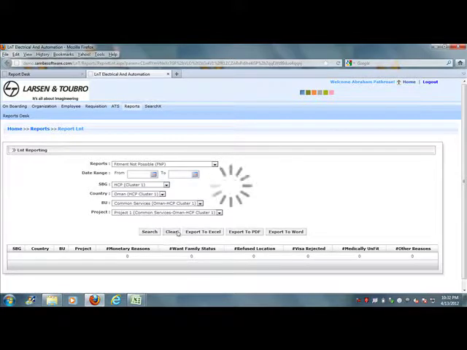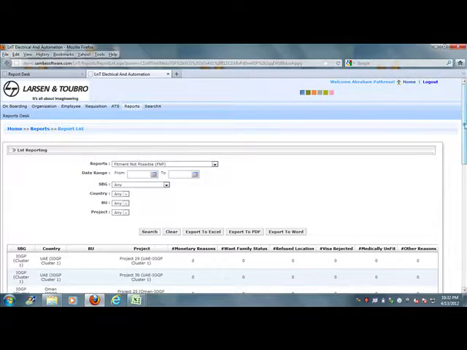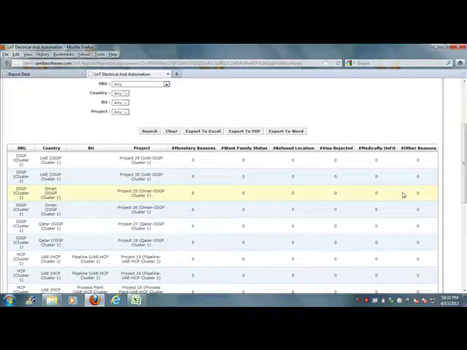The clear button will help you to clear the search criteria and then search the reports selected. The fitment not possible report will look like this. It means that under a particular SBG that is IOGP, under a particular country that is UAE, under a particular BU, as BU is not mentioned under this SBG, it's showing blank. They have a project, that is project 29.